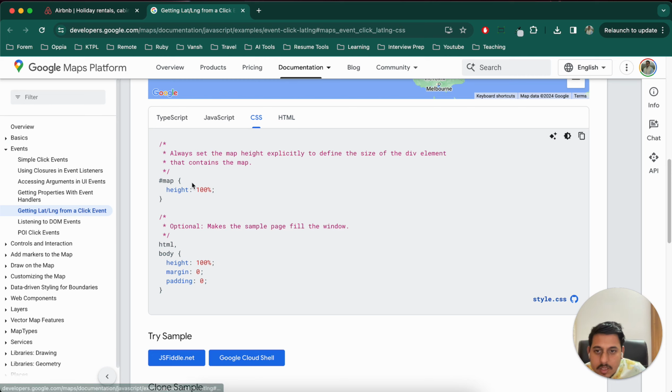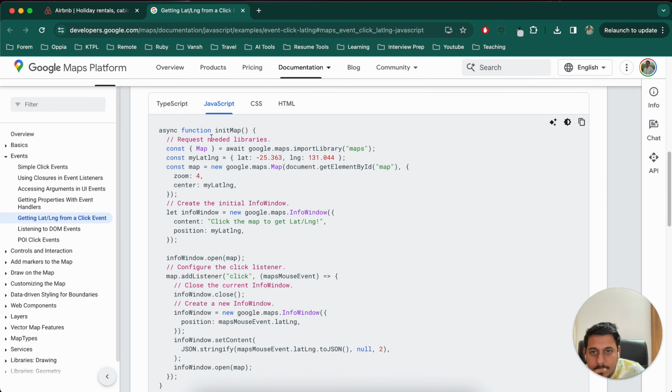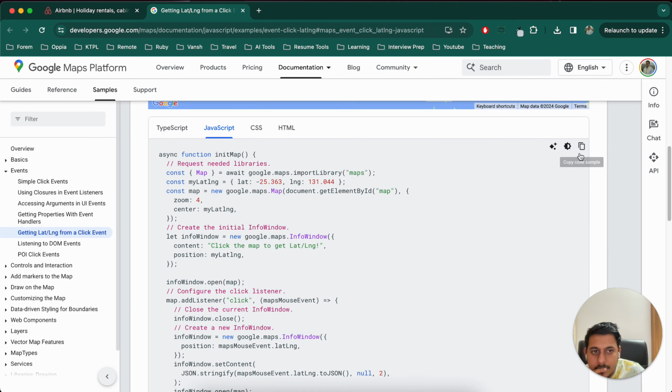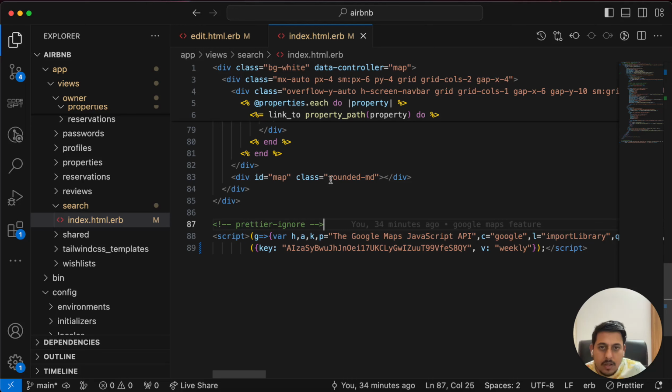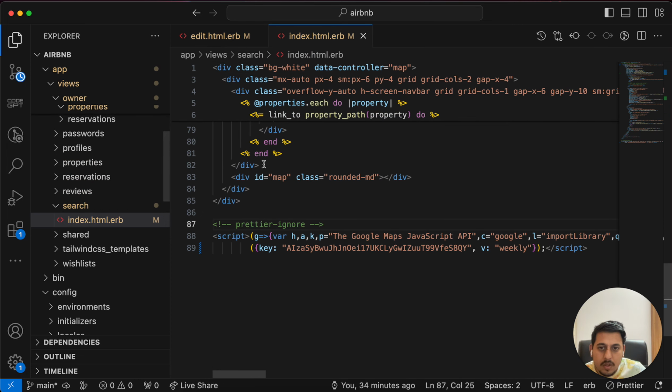And in CSS, maps, HTML, nothing has changed. In JavaScript, this is the code, so I'll copy this. We don't have a map yet, so we'll have to set up a map, copy it from here,